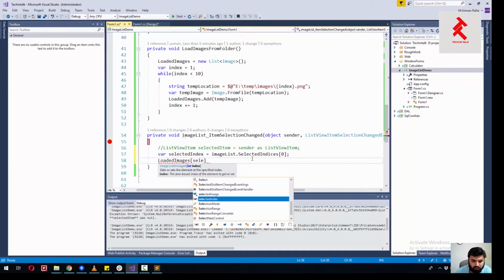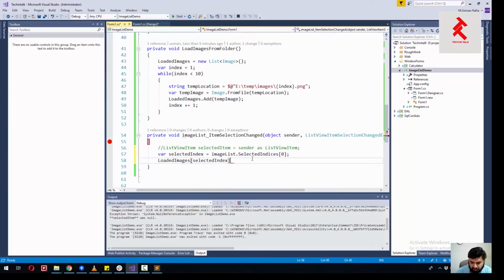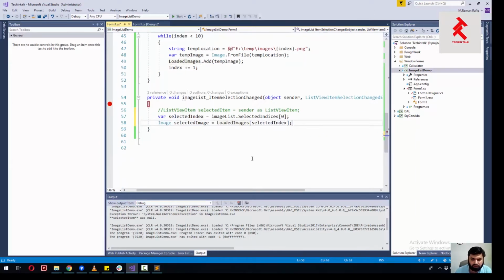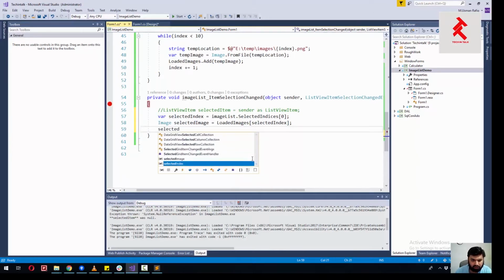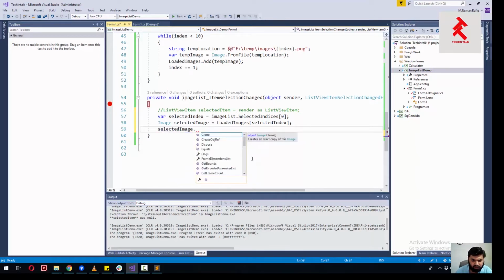Okay, right. So we just need to give it the selected index, and it will give us the image. Image is equal to this, and what we will show is selected image dot